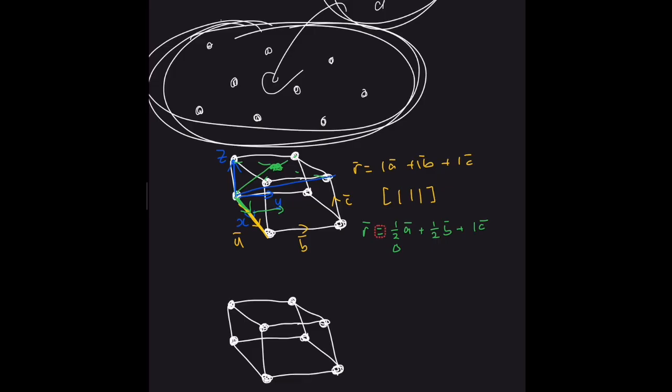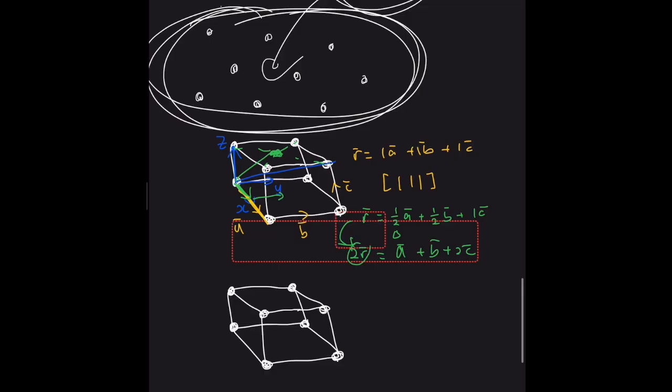So what we do instead is we have 2r equals A plus B plus 2C. So we just multiply the entire equation by 2. And because 2r is simply a scalar multiple of r, they are parallel to each other, meaning we are still referring to the same direction, and that will help us get the bracket notation we want, which is 1A, 1B,